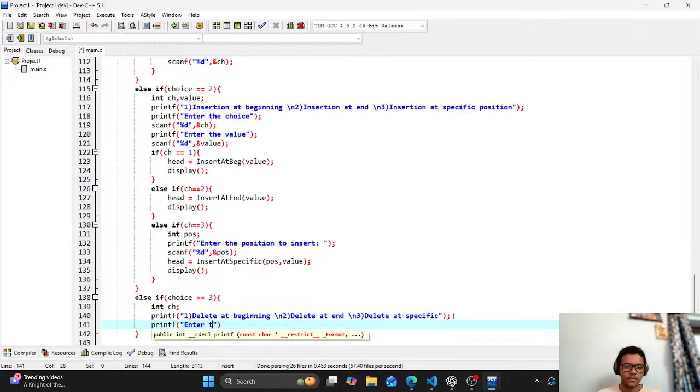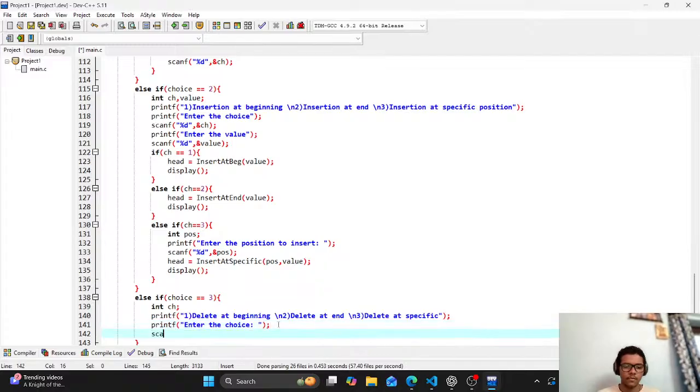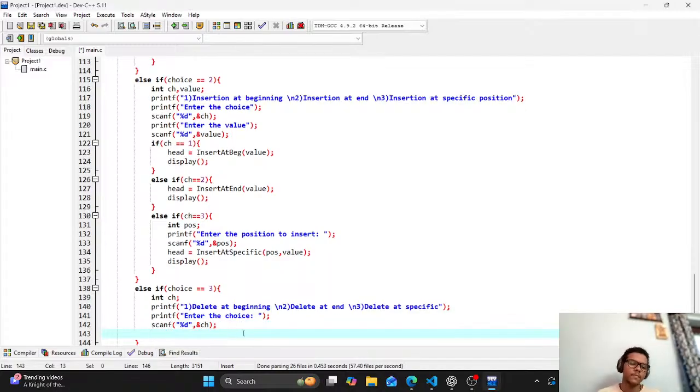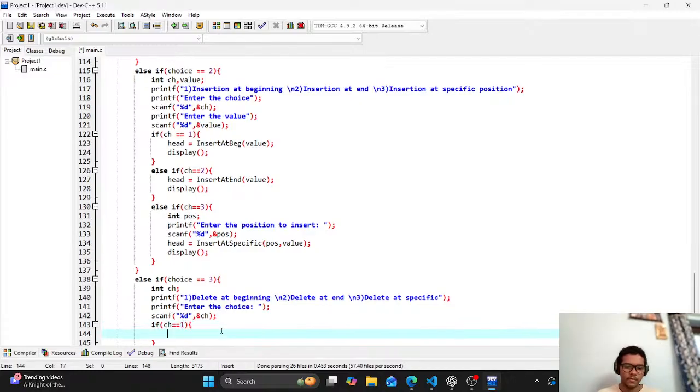Printf and the choice, percentile d ampersand choice, sorry, the ch. Right. ch is equals to 1, that is equals to delete at back,